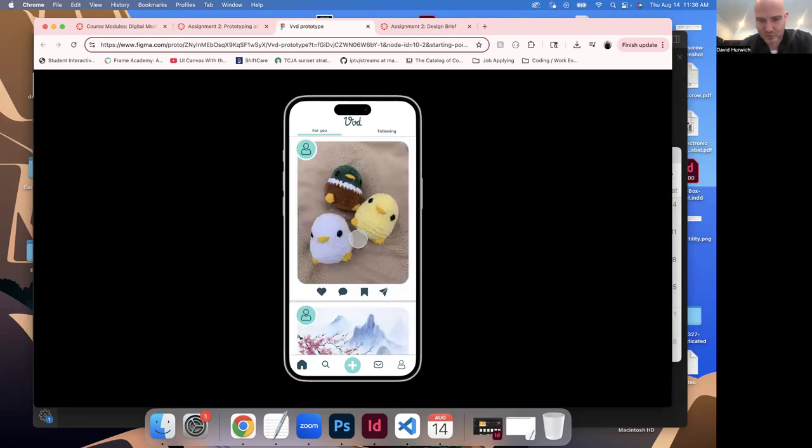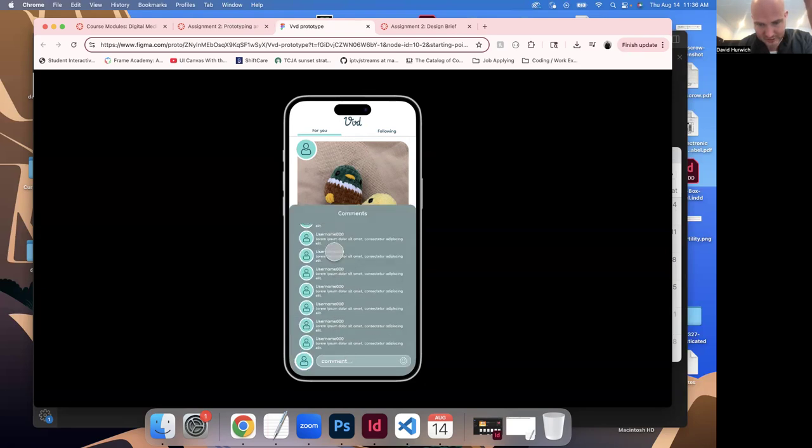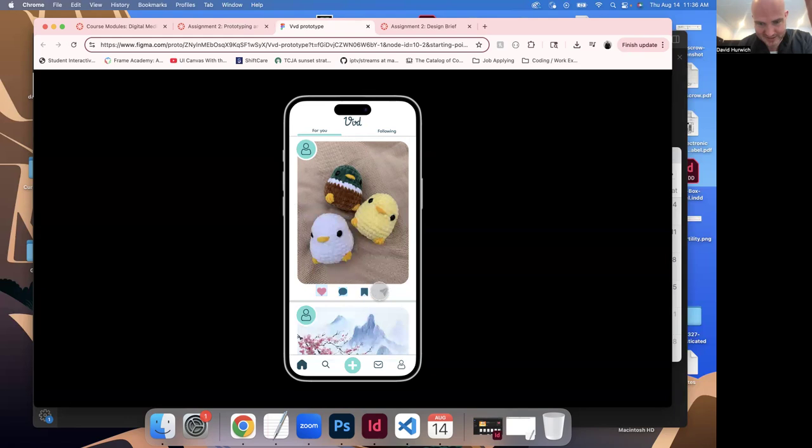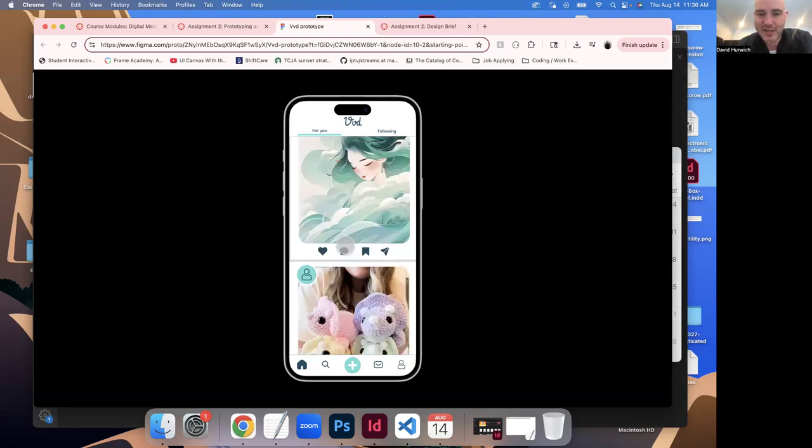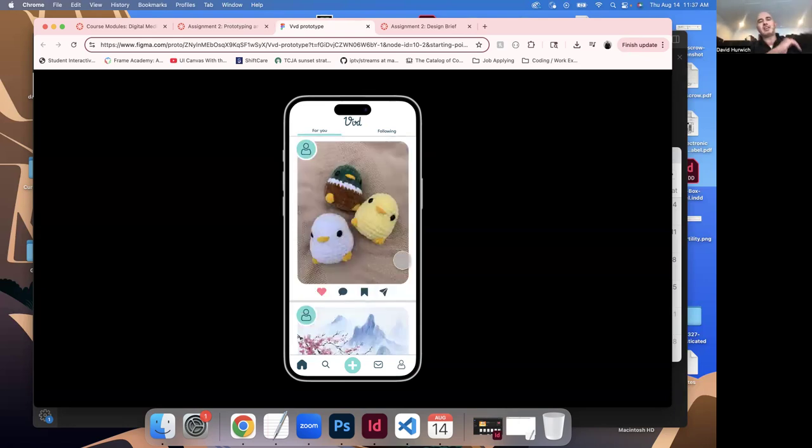But I can interact with it by scrolling. I did a micro interaction here where I can click and you can see it's doing the little like symbol there. It's even animating. It might be hard to see, but I click, this goes up, I'm scrolling. So these are comments. I can send, I'm sending this to someone. So this is the idea. This person came up with an idea, I think to sell artwork. I'd have to go back to the student's design brief about what this app is supposed to do, but it looks like an Etsy, independent artist kind of marketplace.